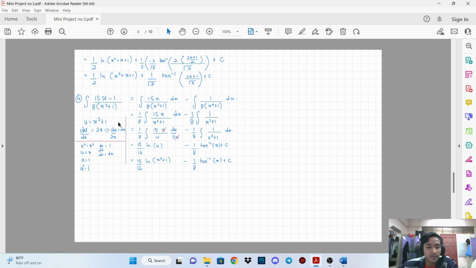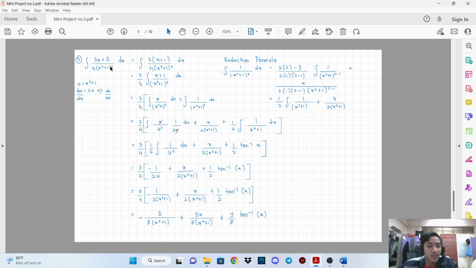Okay, for the number 4, we use the same method, which is use substitution and tangent inverse function. Same with the number 5. For the number 5, first of all we use substitution, and then for this one we use reduction formula here,